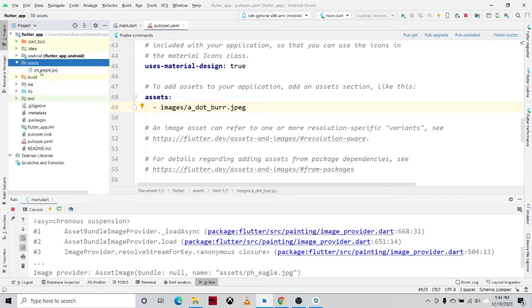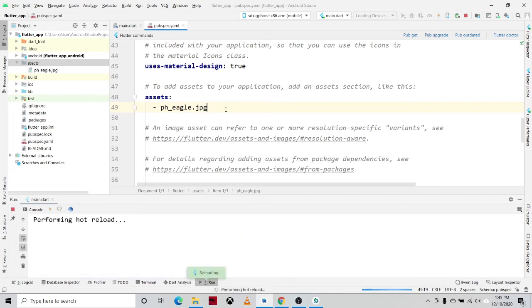So in our assets folder, we have the ph_eagle.jpg. Since we did not place the Philippine eagle inside of a folder, we directly placed it inside of the assets. So we'll be removing that one, and then you will specify the file name, which is the ph_eagle.jpg. Then Ctrl S. So there is no error.